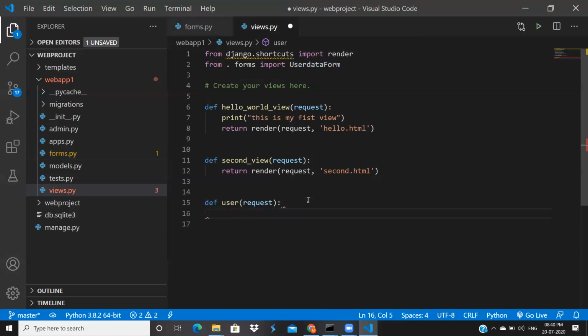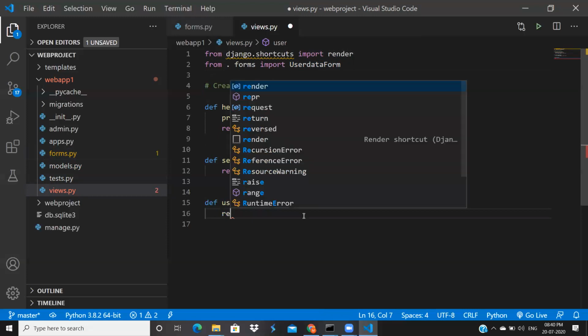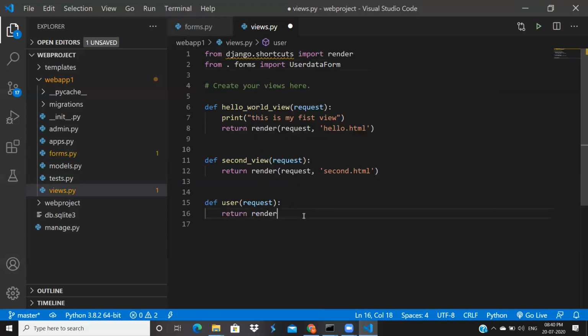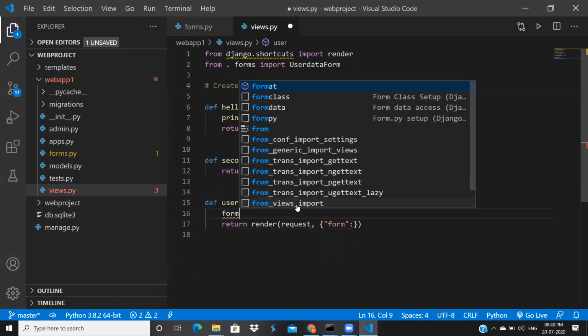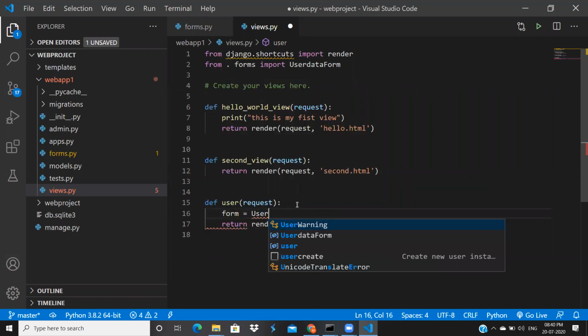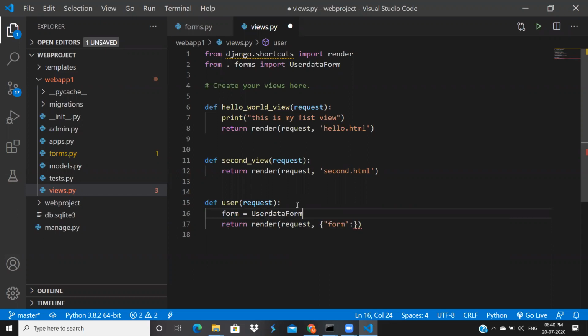Just see here. Previously, I was returning only a template, right? Now, return render request, and inside this I'm keeping my form in a JSON, or you can call it a dictionary in Python. I create one class object, form equal to UserDataForm.